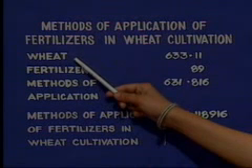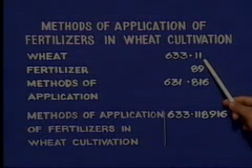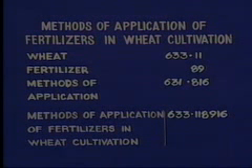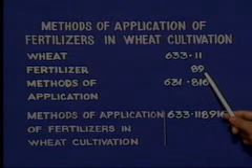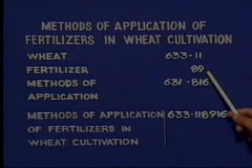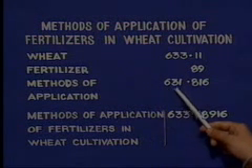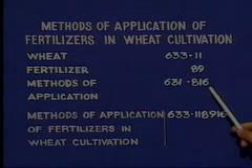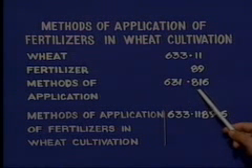The number for wheat is 633.11. According to the instructions given under 633 to 635, we have to add the number for fertilizers, which is 89. Under this number, there is direction to add notations for methods of application, the number for which is 631.816. In this case, we have to add only the numbers following 631.8, that is, we have to add 16